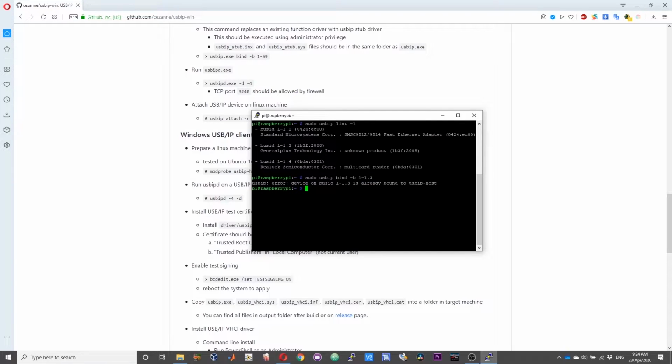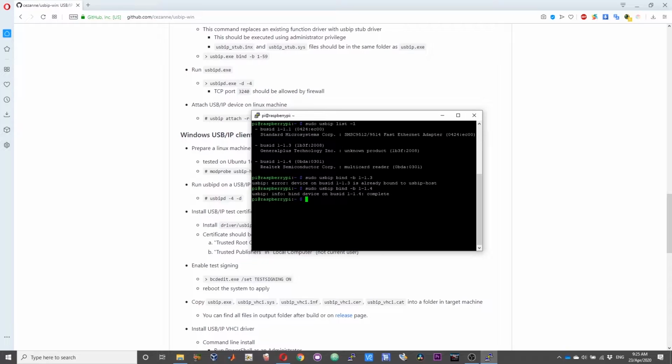It says that it is already bound. Then the second one, 1-1.4. This is a new device that I am binding, and it says that the binding procedure has been completed. So these are all the steps for you to bind your devices to your USB IP server.